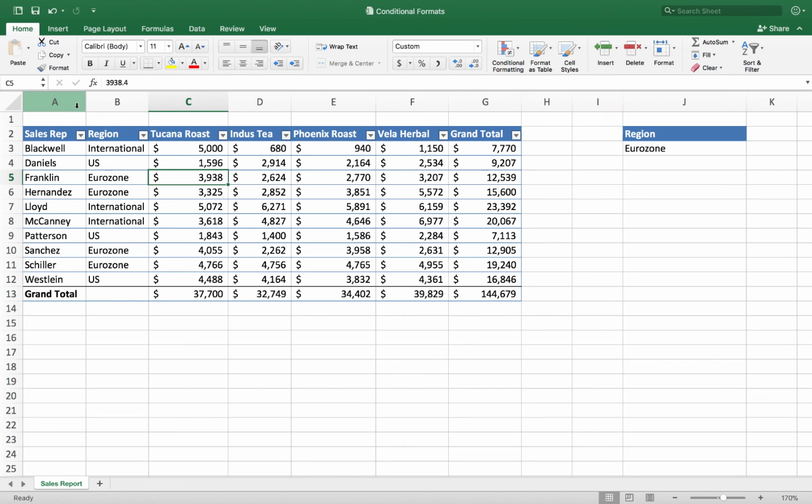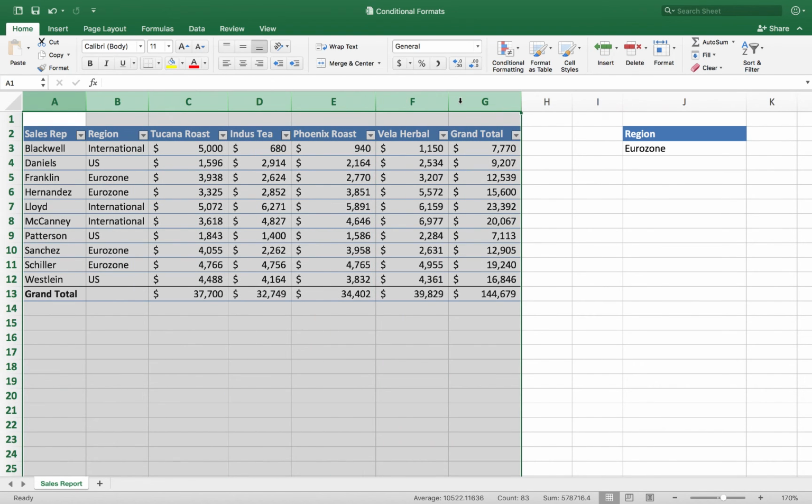Again, I could have just pointed at column A and dragged all the way across, but a lot of times you've got a huge number of columns, and instead of dragging across 26 columns or whatever, just click in one column, scroll over, and click in the other with the shift key, and you've got a lot more control.